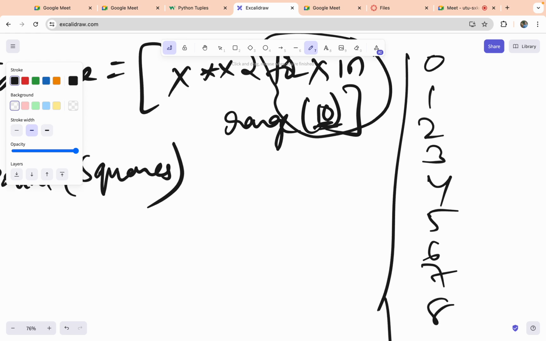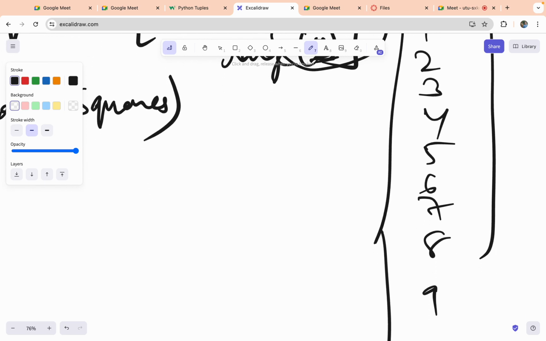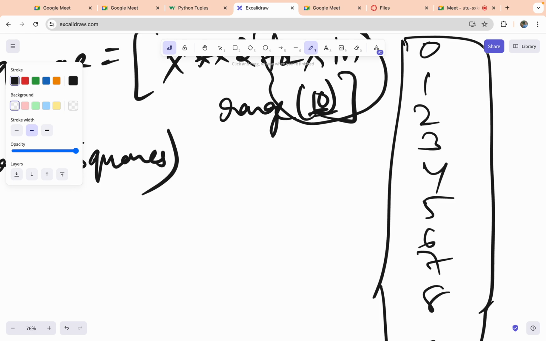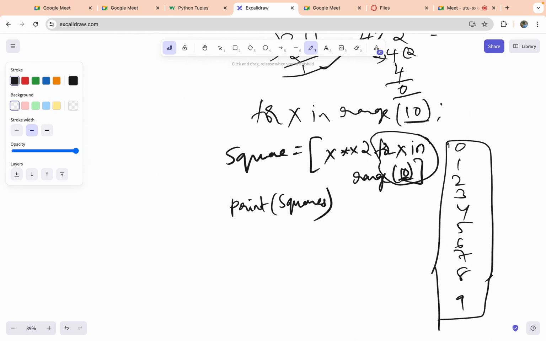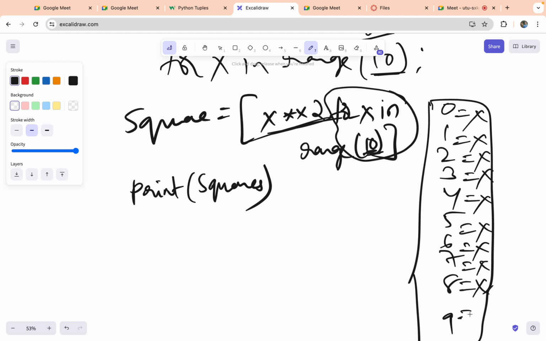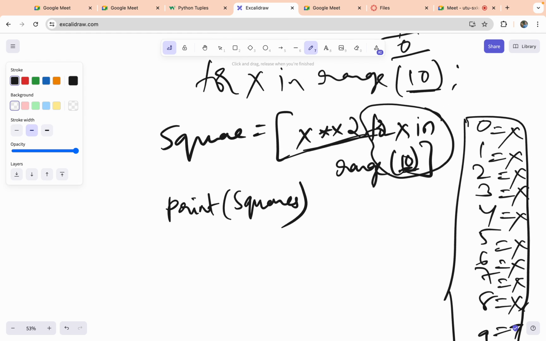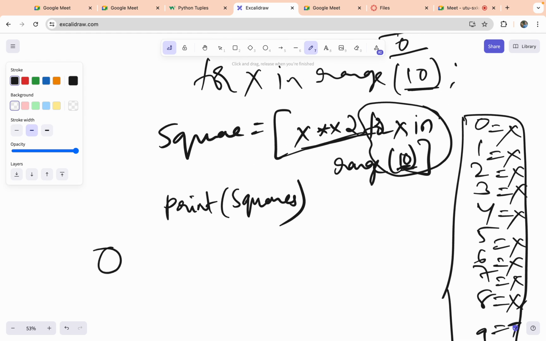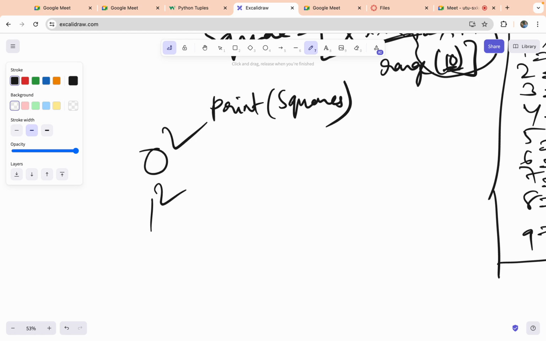So these are the range, right? Yeah. So now these are the range. The other thing here, this means power, power of 2. So x is equal to 0, x is equal to 1, x is equal to 2, x is equal to 3, 4, 5, 6, 7, 9. Which means here you're saying x value 0 square, 1 square, 2 square,